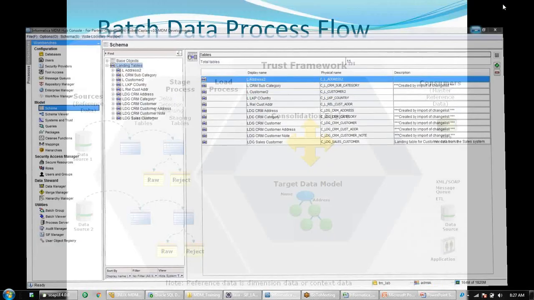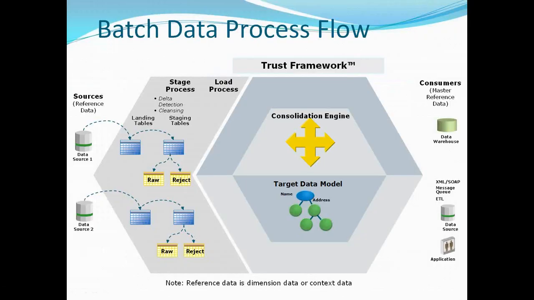So that is basically the first table, which is the landing table, and once the data is there in the landing table, then only we start the processing. So the next process is basically the stage process. After the landing is done, the first process here in MDM is the stage process. What the stage process does is it pulls the data from the landing